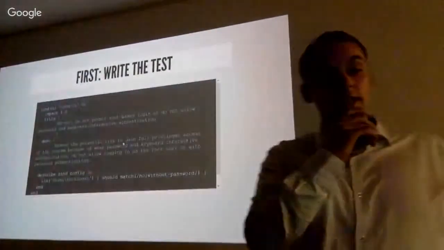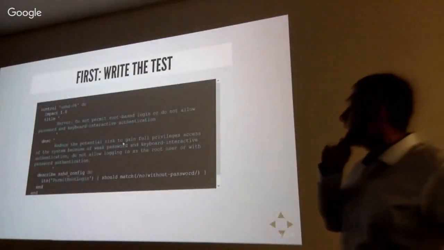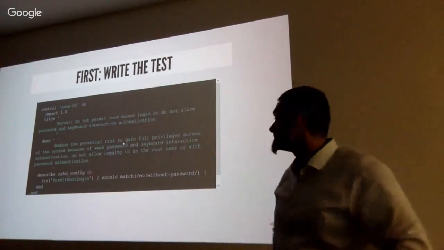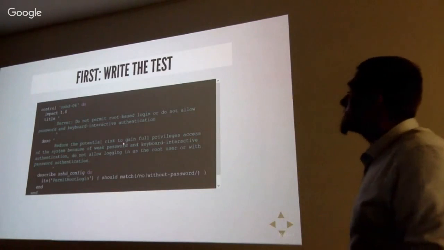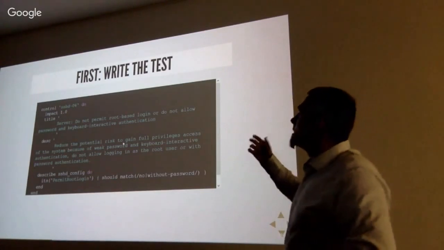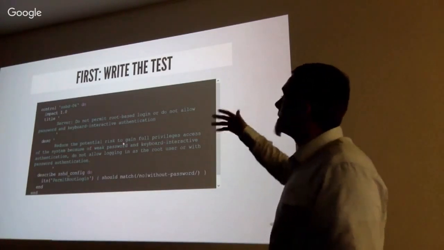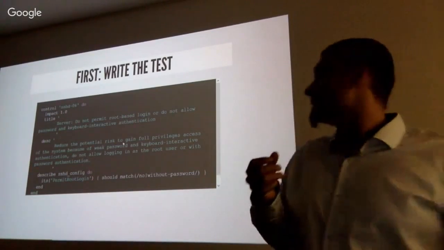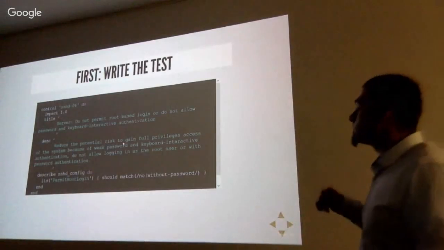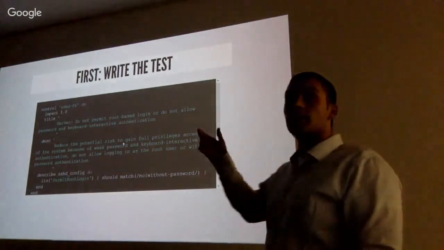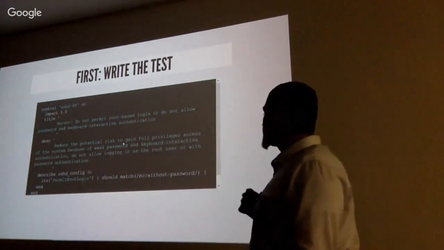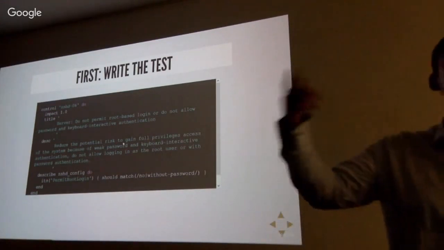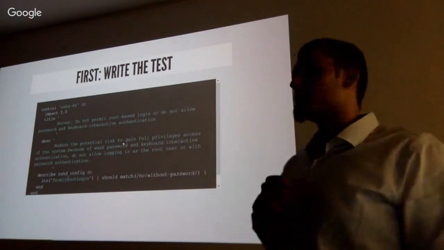In this project, at first we are writing the test, what we want to implement with Chef, Puppet, or Ansible, and so on. So Chris also got a little overview of the test that you have, the impact, the title, description, and also the test. Right here we are testing for the permit root login in the SSH. So it should be no or without password, so that you cannot log in with a password to the SSH